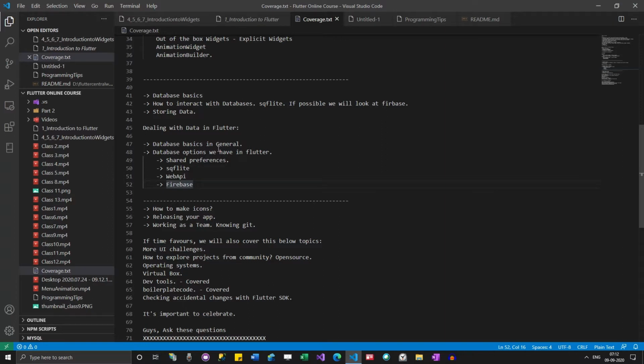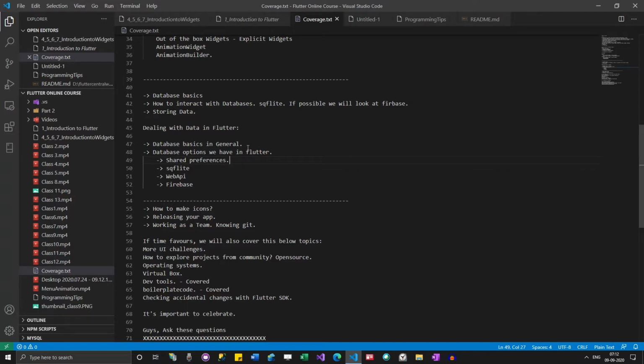As part of SQF Lite, we are going to do all these four operations in our examples. In order to demonstrate it, I'm going to create a to-do app. You might have seen so many apps where we keep track of things to do.